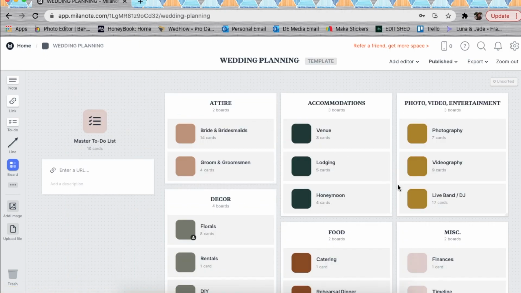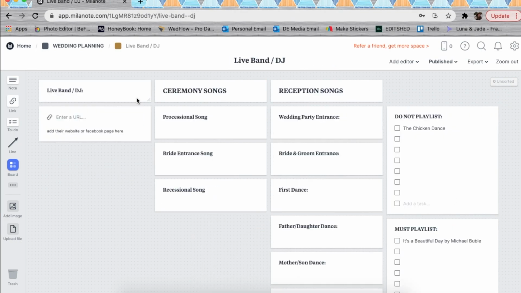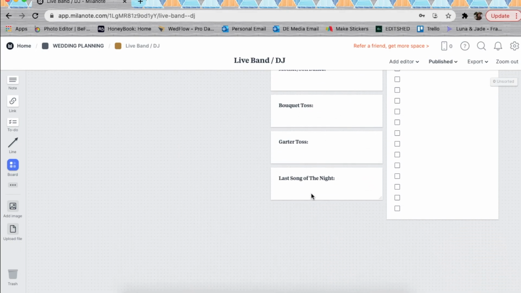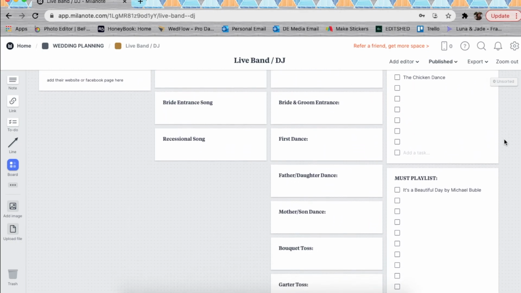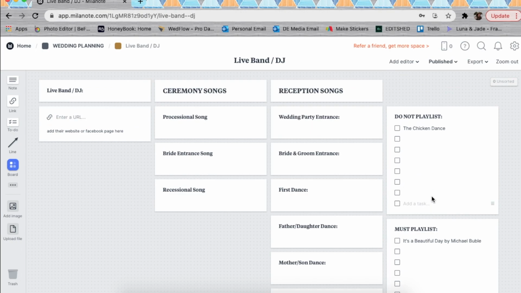Going back, we have live band and DJ. So again, you would enter who your band or DJ is and their website URL. And then I have this planned out a little bit for you. These are some things I didn't realize I needed to have ready for my wedding until I talked to the DJ, but you're going to want to write out what your processional song is, your bride entrance song and recessional song for your ceremony, and then here's all the different categories of songs that you're going to want to be specific to when it comes to your reception. I've also added a must playlist and a do not playlist